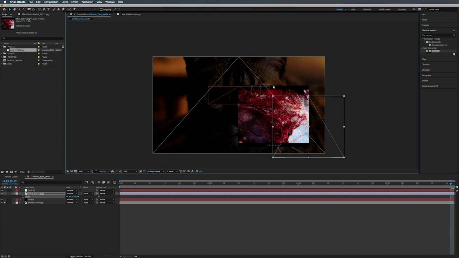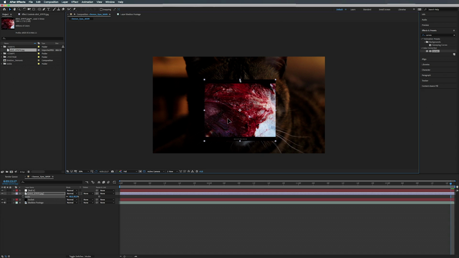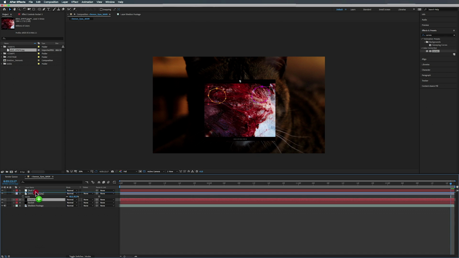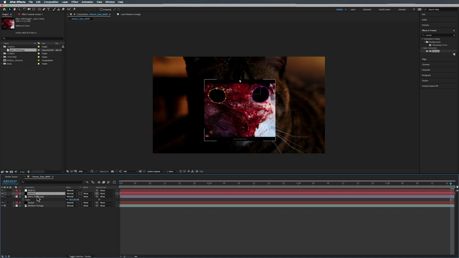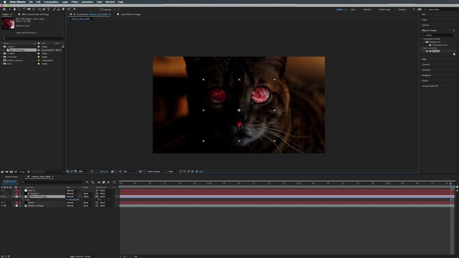And we're just gonna line it up right here. And what we're gonna do is duplicate our socket, put it above our meat pick. It's gotta be a better name. And we're gonna change the track mat, where it says track mat over here, change it to alpha mat socket 2. All right, so we're really only focusing right now on the, I guess that would be the red eye